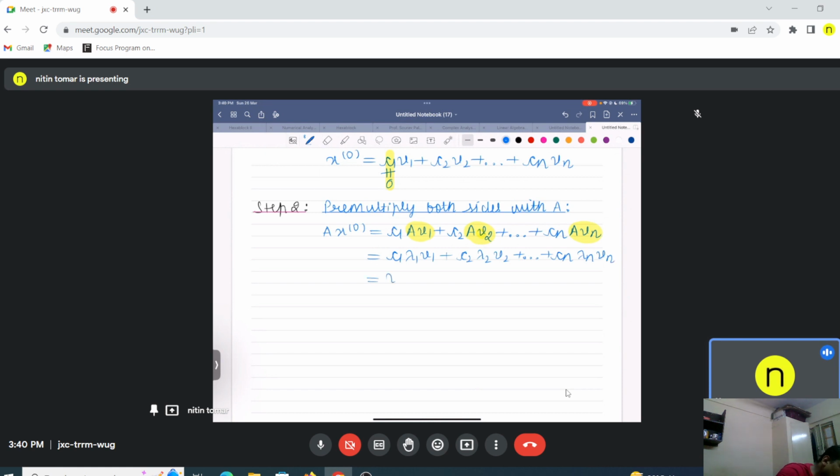Now if you take lambda 1 common, you can do that because lambda 1 is non-zero, so you can divide and multiply. You will get C1 V1 plus C2 lambda 2 by lambda 1 V2